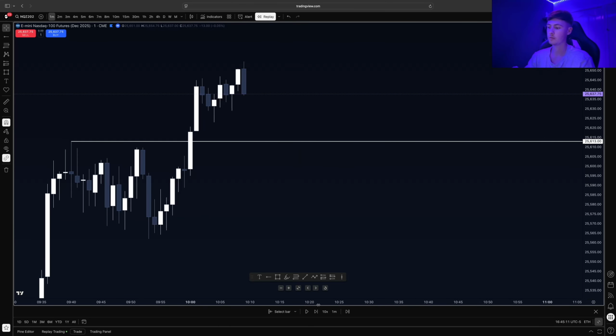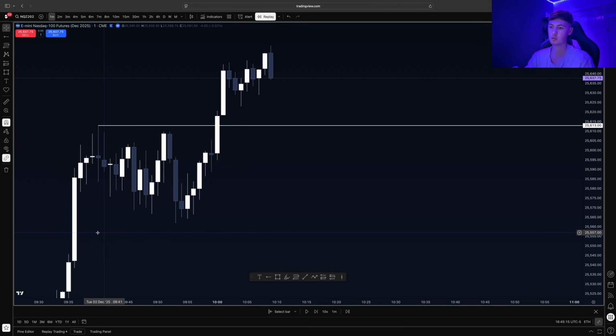So again, what are we looking for? We're looking for a sharp displacement in the opposing direction. So the market's been offering buy side, buy side, buy side until it runs out a higher time frame buy side liquidity level. Now we're anticipating a displacement in terms of sell side delivery. So we want to start seeing big bearish candlesticks print to the downside. And then boom, that's exactly what we got here. A nice and clean displacement.